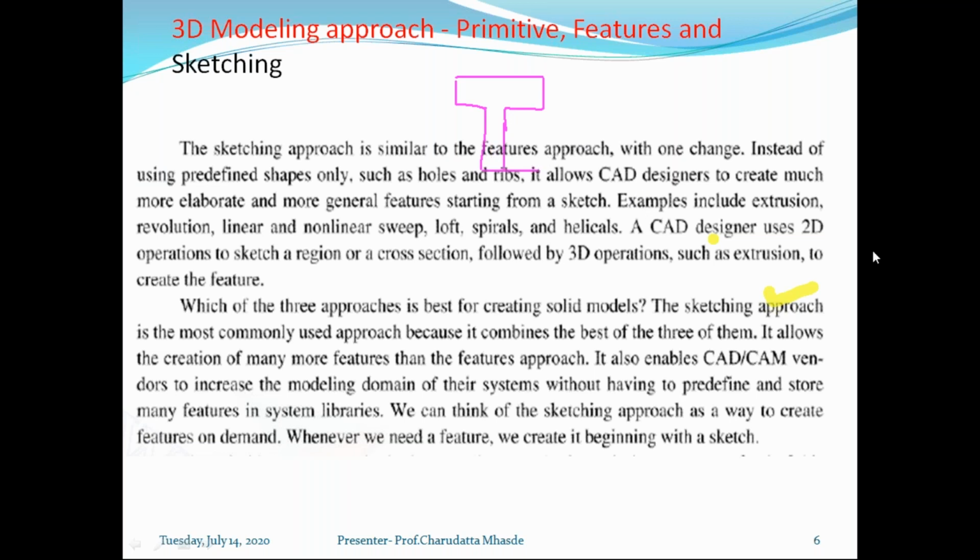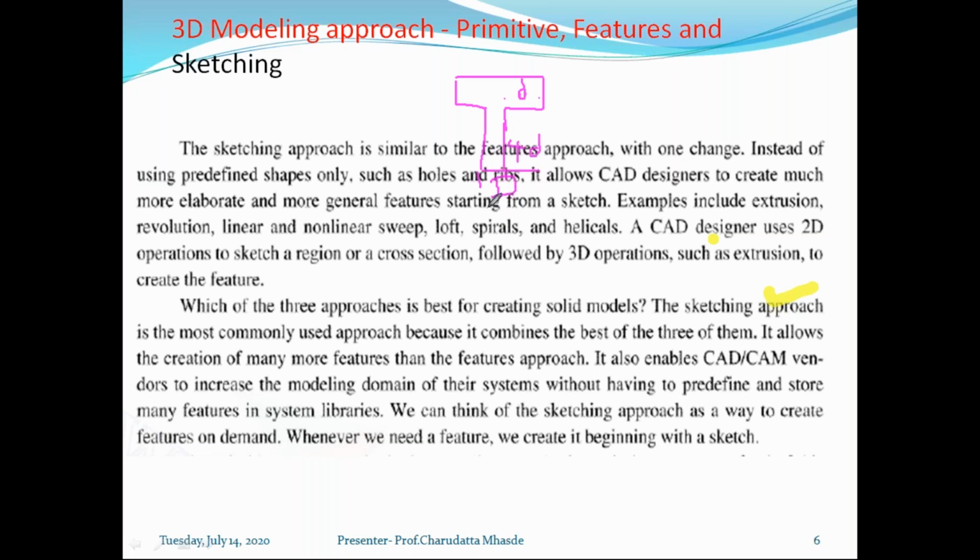The parametric approach is that you define one dimension of this component, and based on that, the other dimensions can automatically be created. Suppose D is the dimension, then this is 4D, and this particular dimension is considered 0.8D. You need to give one input and the other dimensions can be automatically calculated. So this is parametric based feature modeling.